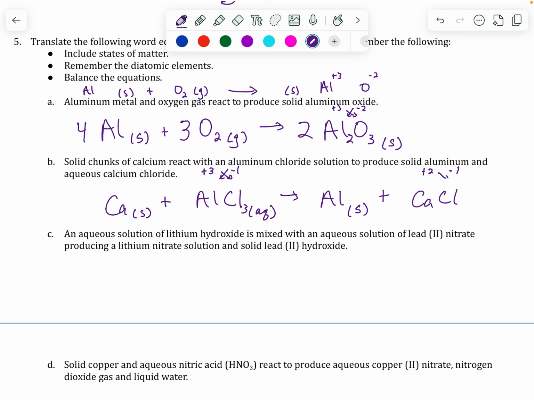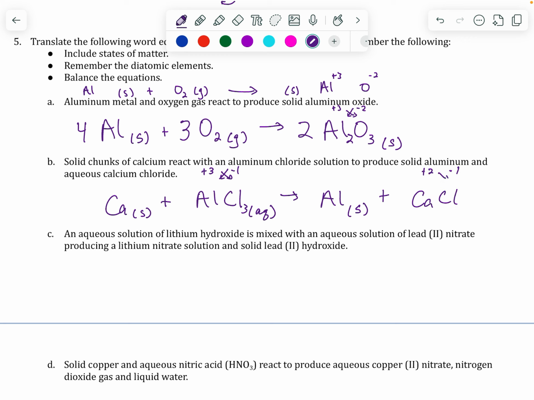And last but not least, now I balance the entire thing. I notice there's 3s and 2s, so I'm going to do the opposites here, which is going to provide me with those coefficients. Aqueous solution, right? Anytime you see the word solution, that tells you aqueous of lithium hydroxide, LiOH, +1, -1, those are good. AQ. Plus aqueous solution of